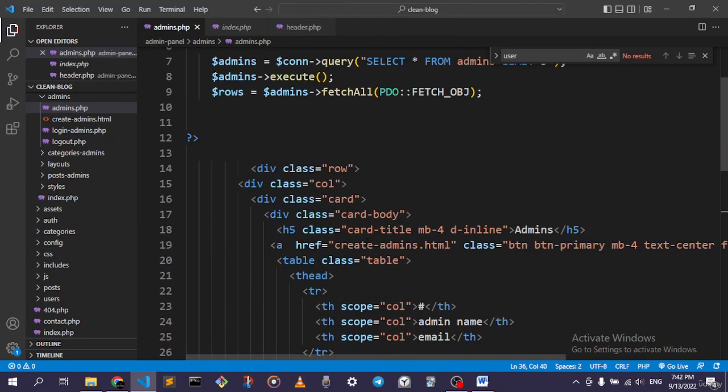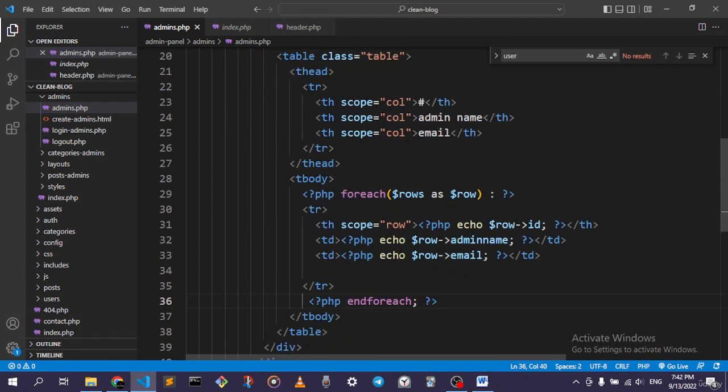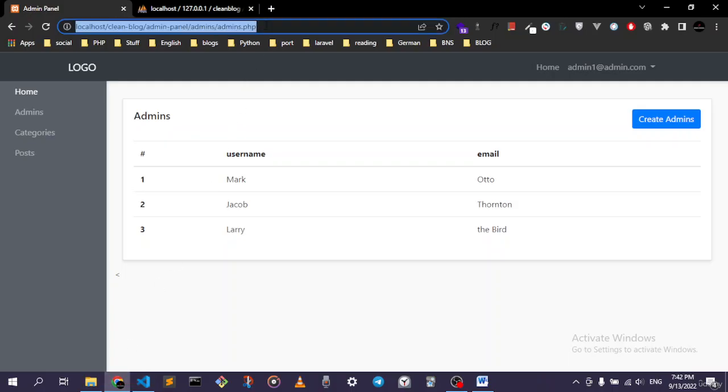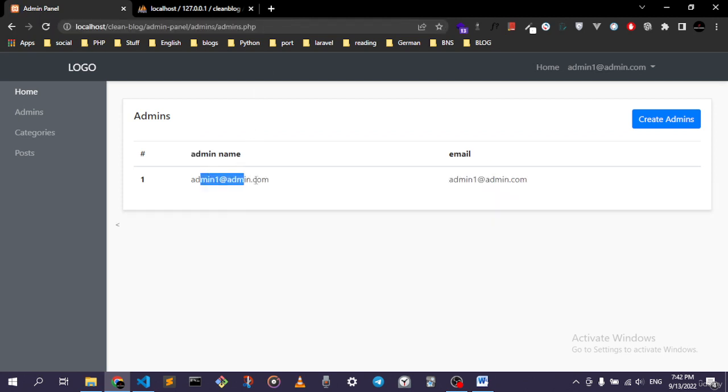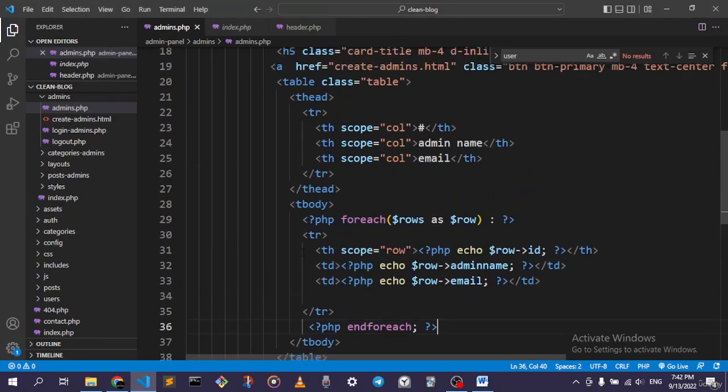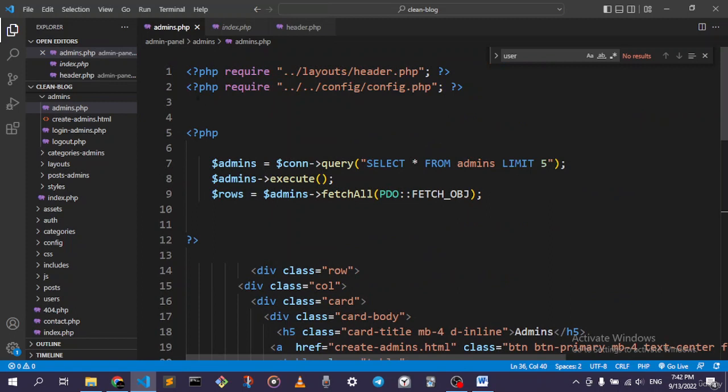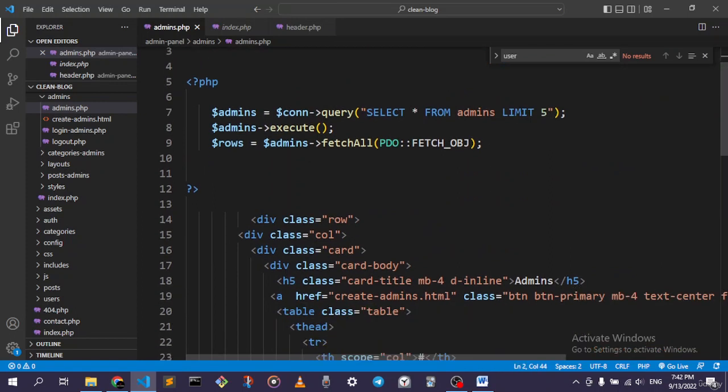I don't see that we're doing anything that will trigger an error. But if we save all of this, go back and refresh, you can see that we actually got our own data down here. You can actually just change the admin name, but if we change it, it will not show up down here because this is the one that's taken from the session. So let's not change it, that's fine. All right, so that's basically it. We've done everything. We did our own header and config. We did our own query. We executed it, and